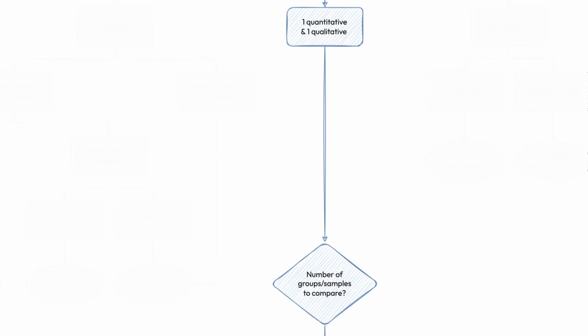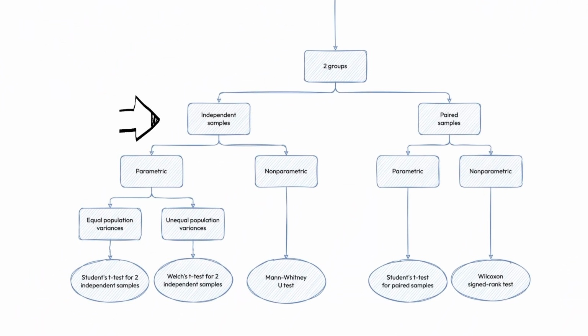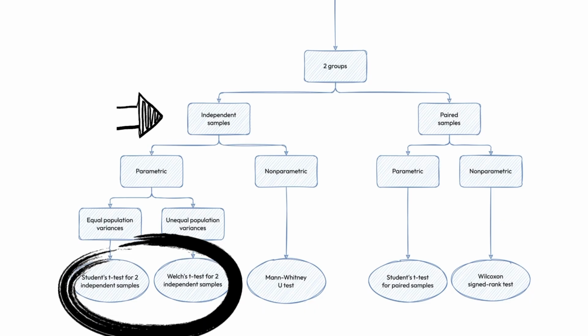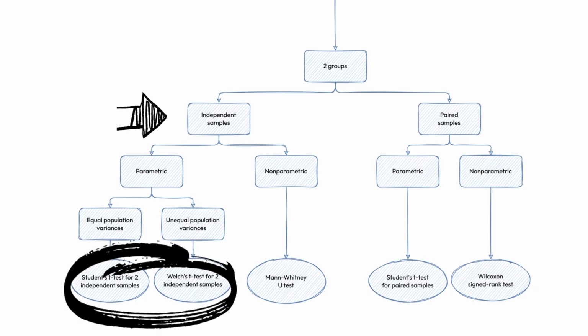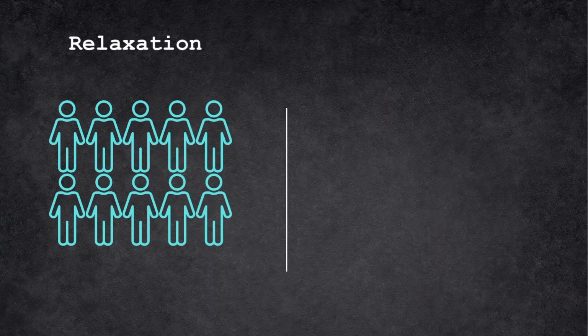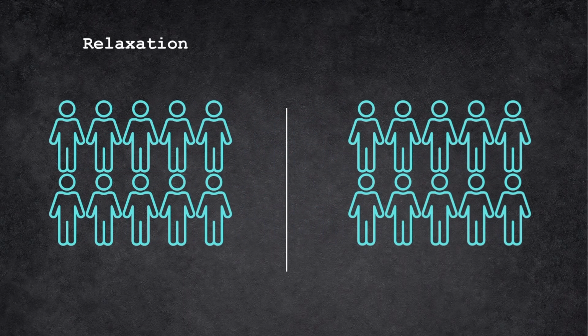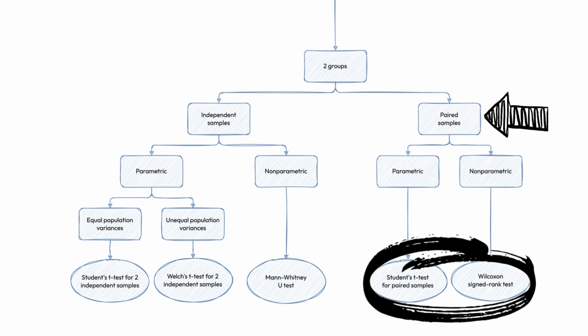And when one variable is continuous and one categorical, first, you need to check how many groups your categorical variable has and whether your samples are independent or paired. For example, if you were comparing cortisol levels in a control group versus stress group, you would perform a t-test for two independent samples, or a Mann-Whitney U. However, if you were comparing cortisol levels in the same people after a relaxation condition and a stressful condition, your samples would be paired, since the same people were tested twice, and you'd do a paired t-test or a Wilcoxon signed